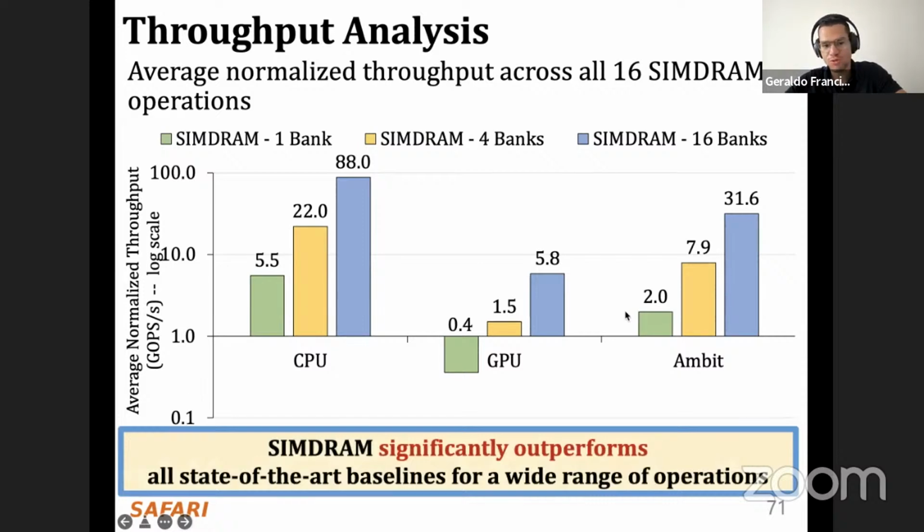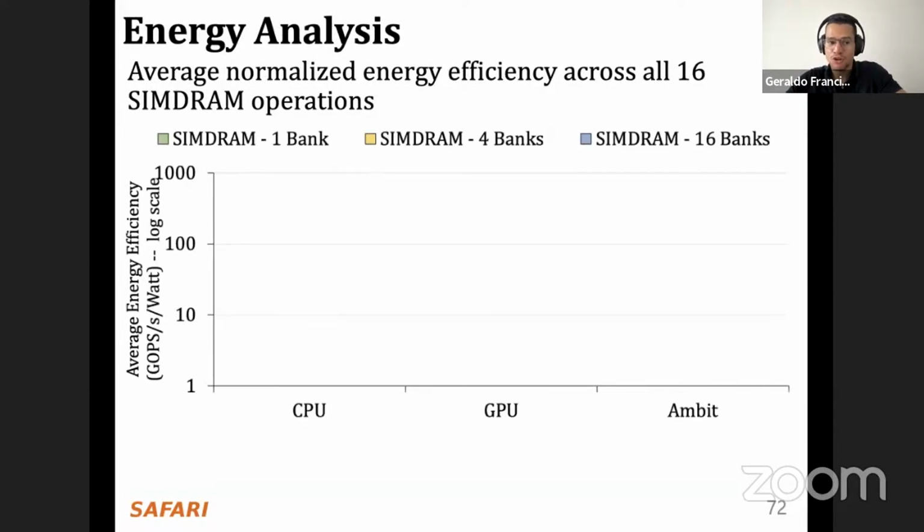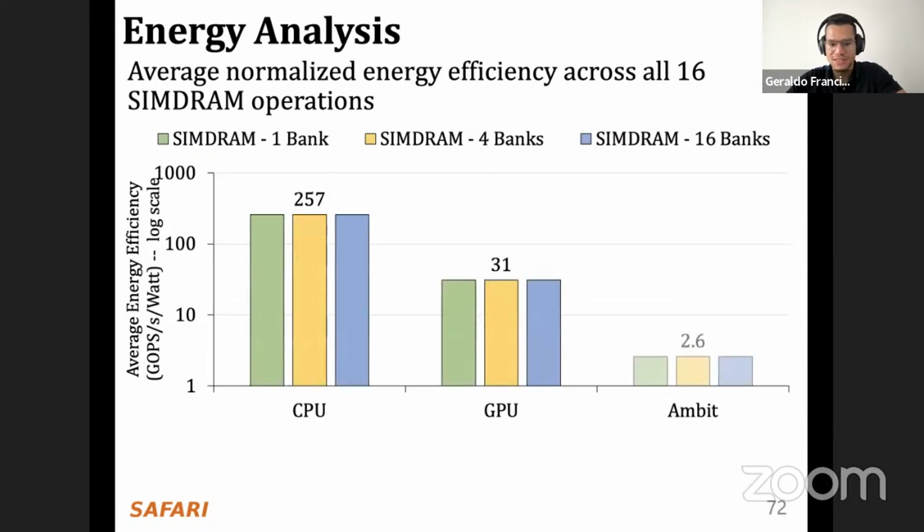It's not so fair if we compare to the 1-bank line, so it's around 2 times, because we don't use Ambit with also 16 banks. But anyway, the fact here is that SIMDRAM can significantly outperform all of those three state-of-the-art baselines for a wide range of operations. We do the same analysis for energy for all of those 16 operations also, and